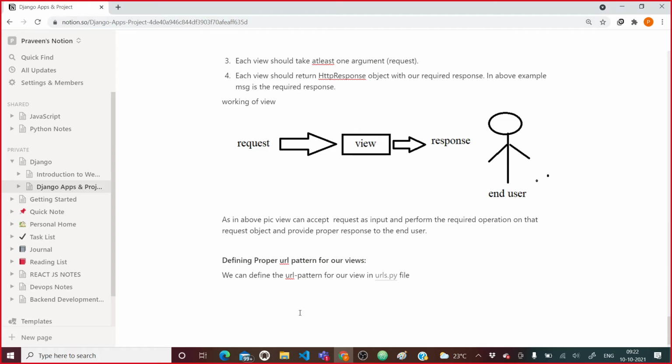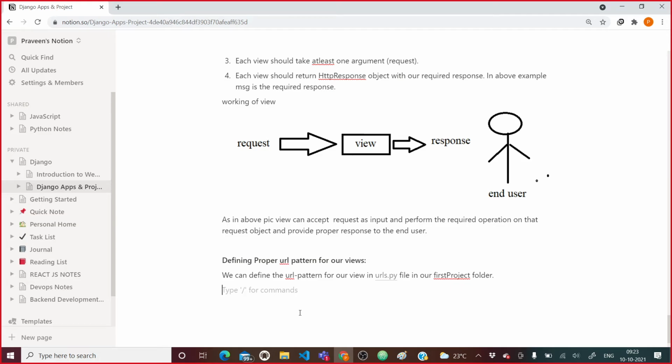Now it can be done in two places actually, in the project and also in the application. As of now we can see that urls.py is in our project directory, the project folder first. After that I will show you how you can create your application based URLs.